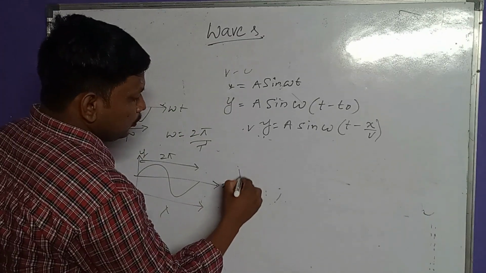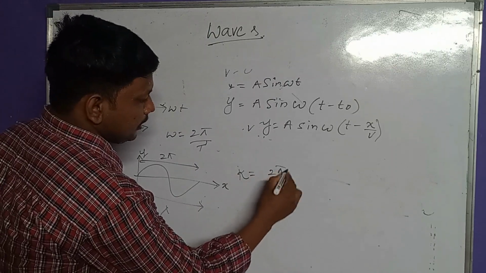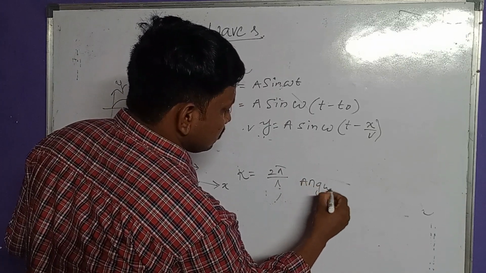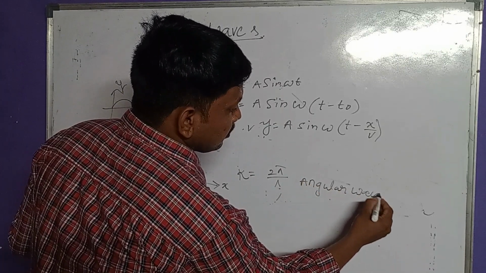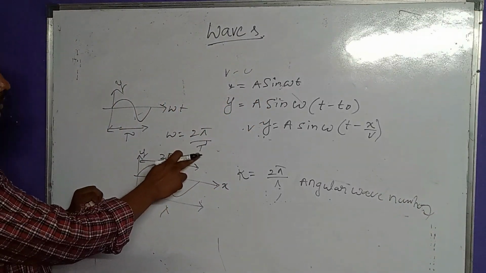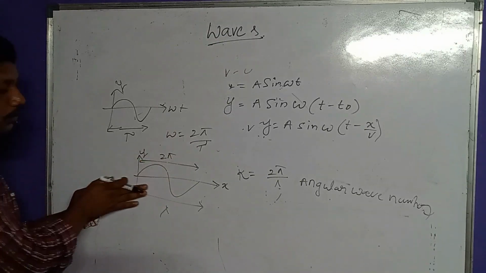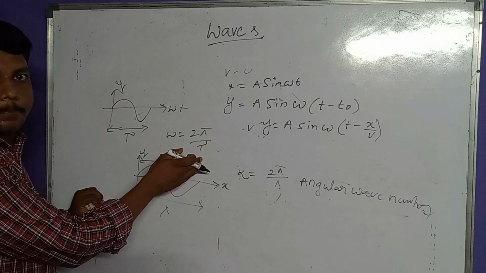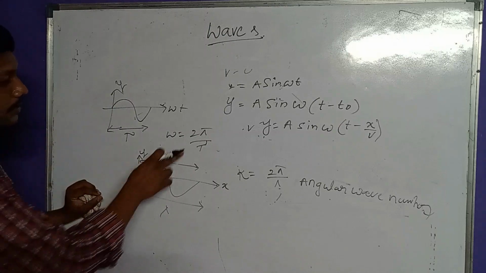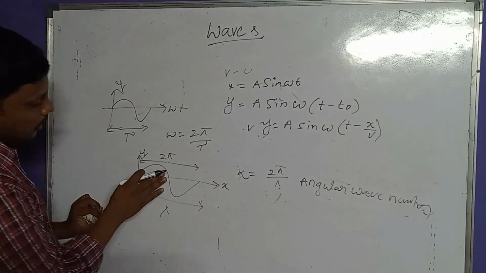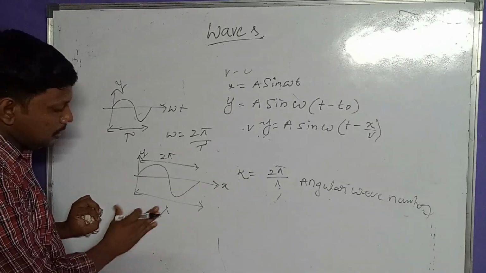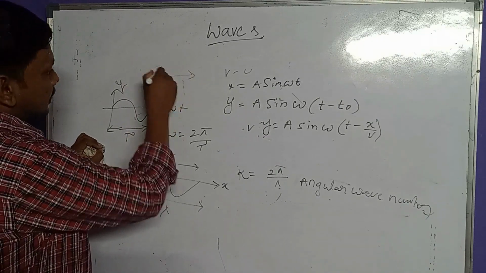So a new variable k is equal to 2 pi by lambda. This is the angular wave number. Here 2 pi by tau is the number of cycles passing per second, that is frequency, the number of cycles traveled within 1 second. That is angular frequency. Here the number of waves traveled per unit length, that means for traveling of this particle,